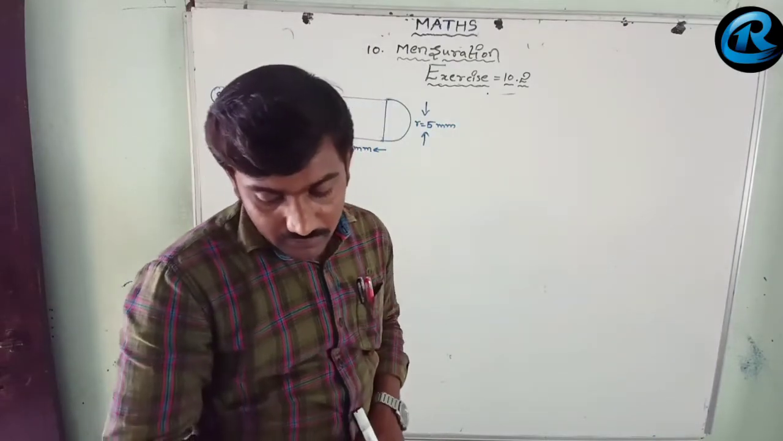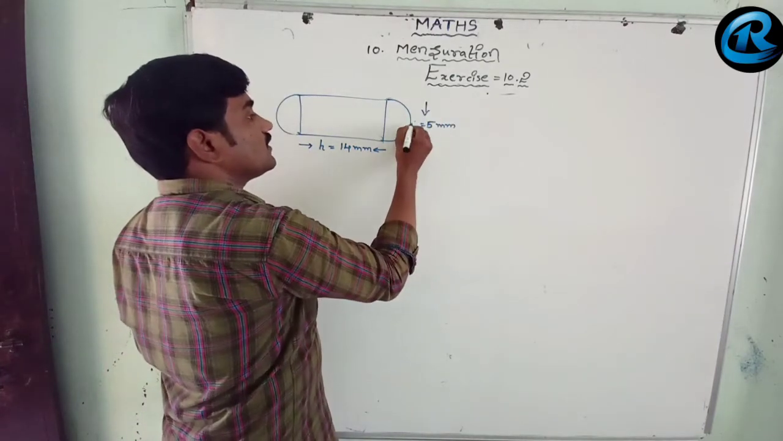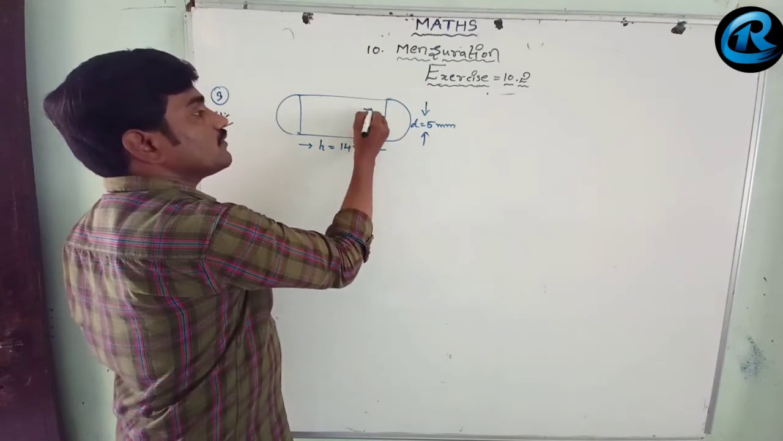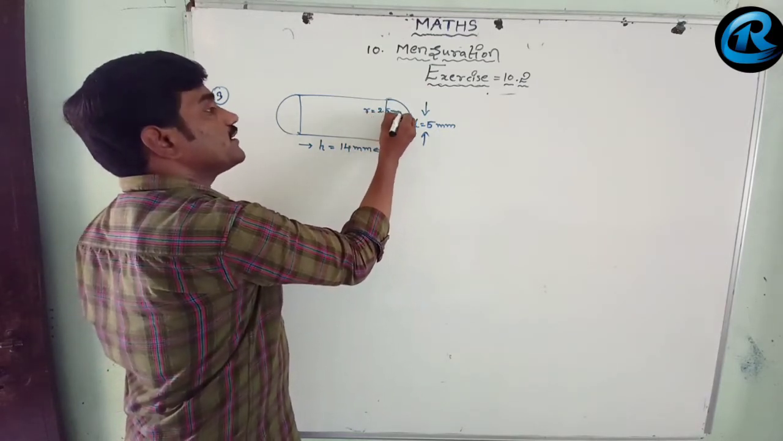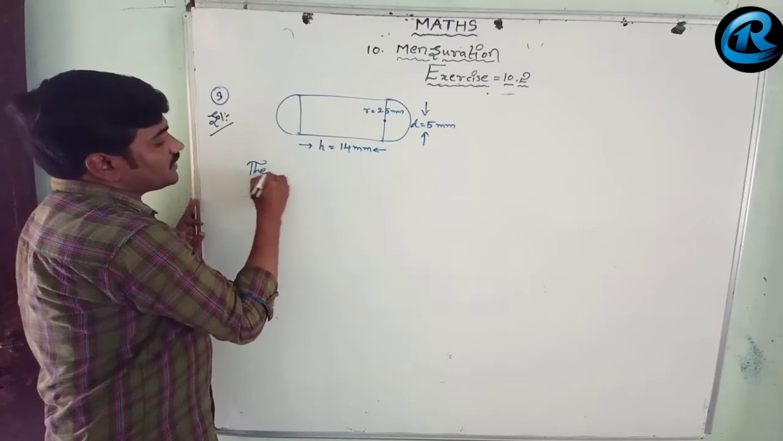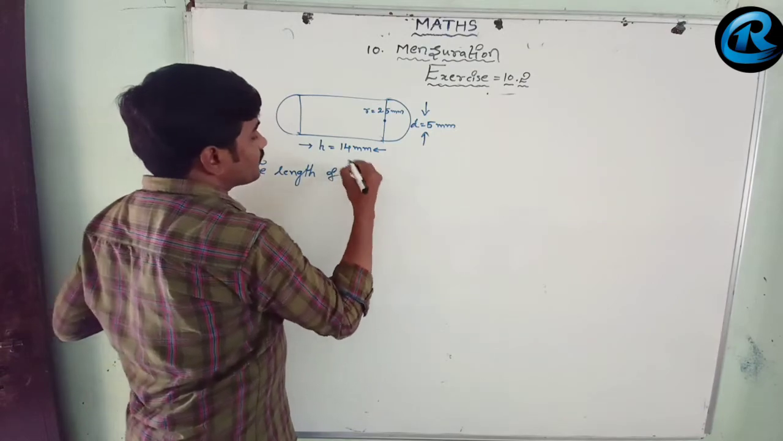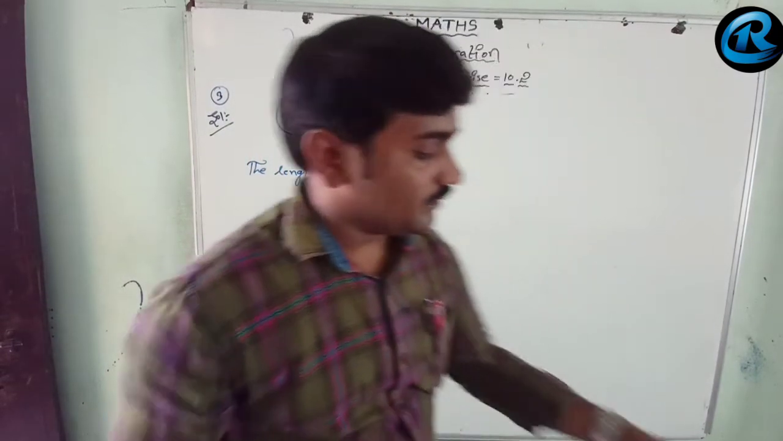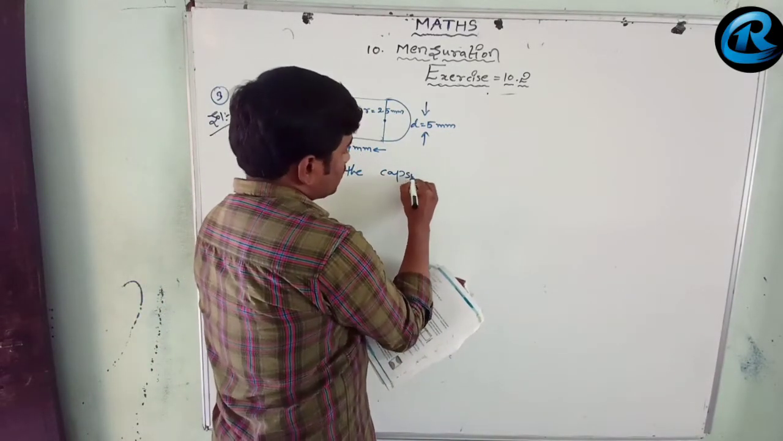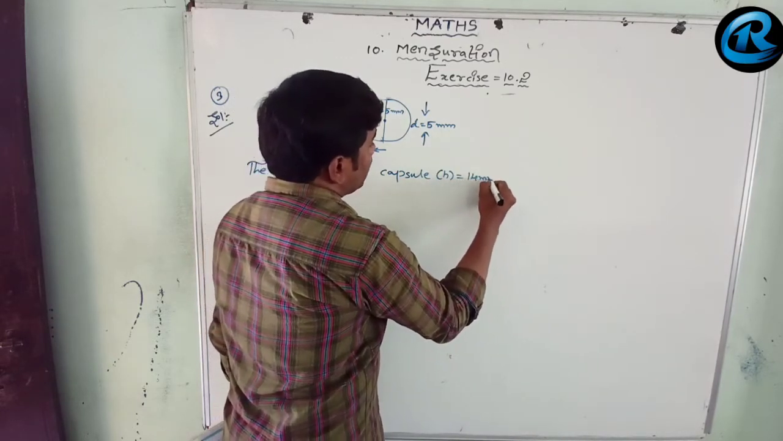Then only, thickness is a diameter. Thickness D equal to diameter. So R equal to 2.5 millimeters, or 5 by 2 millimeters. So here let us write the length of the capsule. The length of the medicine capsule is equal to length or height, that equal to 14 millimeters,